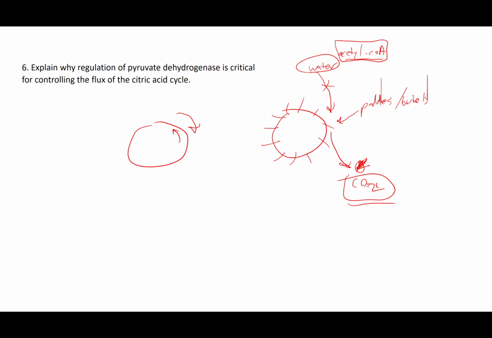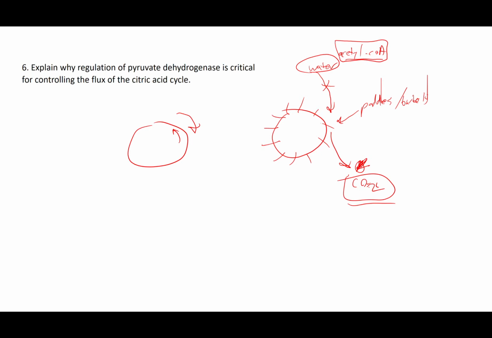Okay, so question number 6 on this problem set is: explain why regulation of pyruvate dehydrogenase is critical for controlling the flux of the citric acid cycle. So I'm going to explain this answer and also a little bit more about anaplerotic and cataplerotic reactions here. One model for the citric acid cycle that I found very helpful, talking to various students in the class,